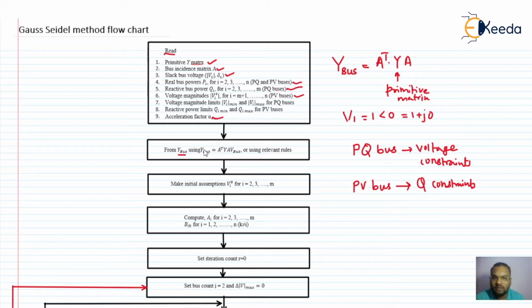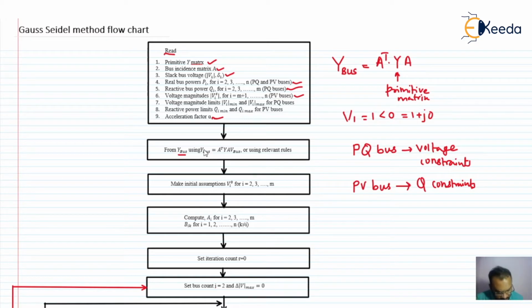Compute the Y-bus matrix. You can make use of any method. It is not necessary that you should go for the singular transformation method only. You can either go for the direct inspection method or the step-by-step method. It depends. Particularly when mutual couplings are given, you should go with the singular transformation method only. If mutual couplings are not given, then you have the liberty to go with either the direct inspection method or the step-by-step method.